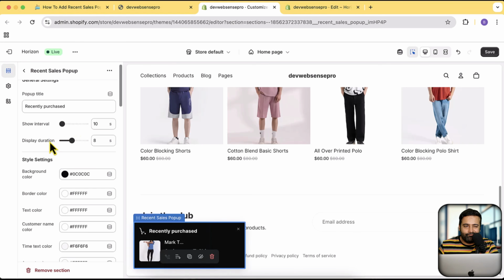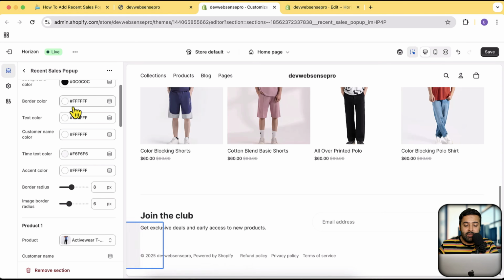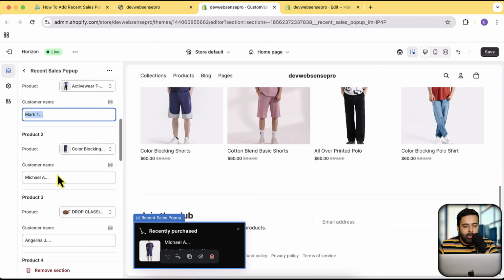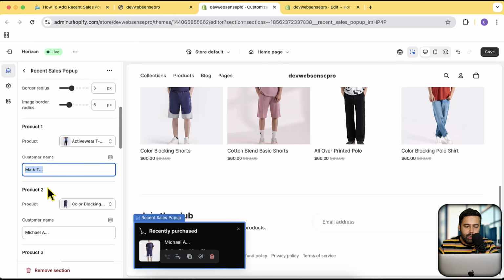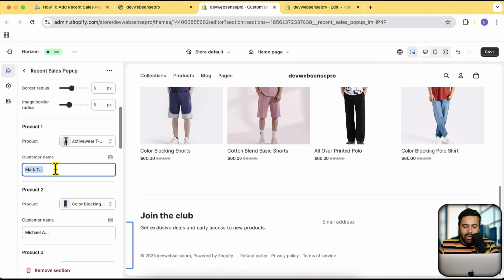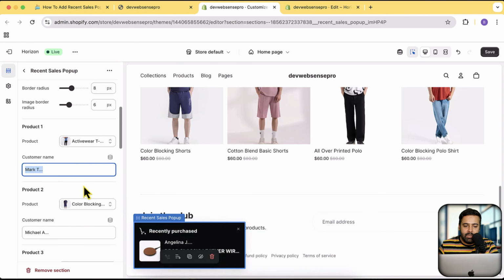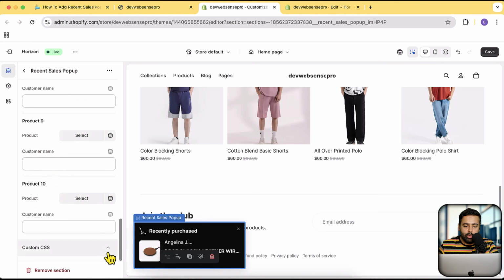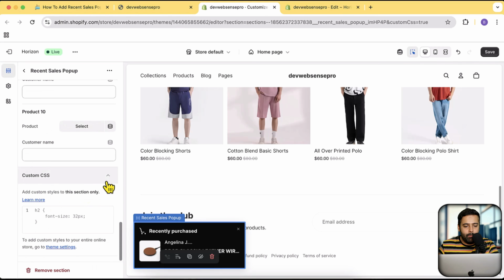A little fakey thing, but it is good for increasing the sales, and it is suggested to use your actual sales data. So whoever bought the product, just add in the name and select the product as well. So select the product and add in the name, and it will keep showing it continuously, and you can add 10 products here. You also have the option to add in custom CSS,